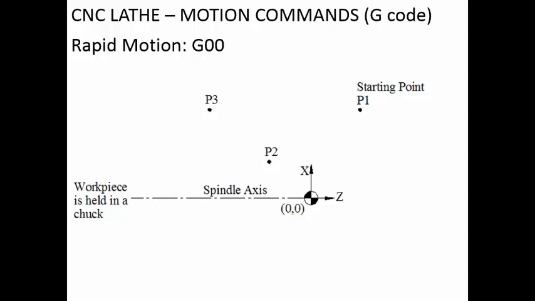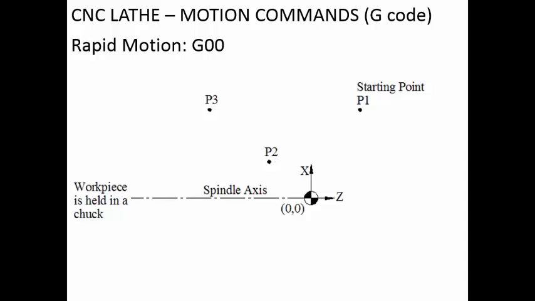So the first of the motion commands is the rapid motion, that is G00 is the command that is used. In this case the tool is going to move from the starting point up to the ending point at the maximum possible speed. These motion commands, once you have written the motion command, it means that whatever the next sets of lines you are giving, unless you are changing into some different type of motion command, the same motion command will be in existence. So the tool will be continuously moving with the same type of the command. What is that, we will see in a moment.